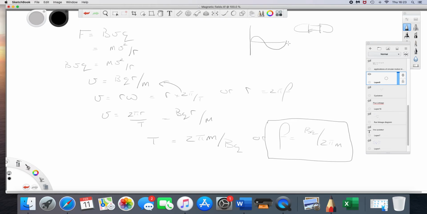The PD has reversed, and then we're back to here again, first half cycle, back to here, second half cycle. So it is reversing here and here. All right, so that is the expression for the frequency of the supply required to accelerate this particle Q